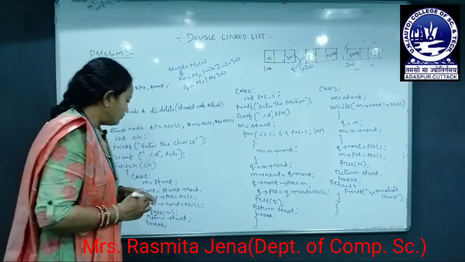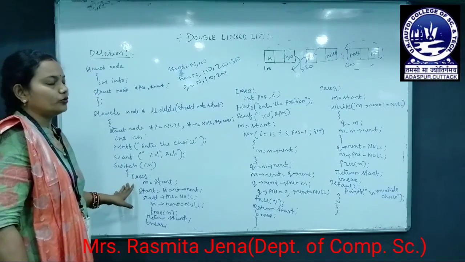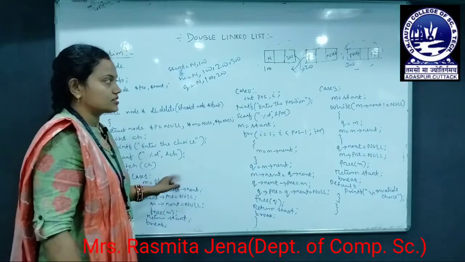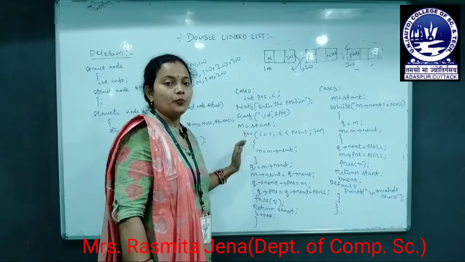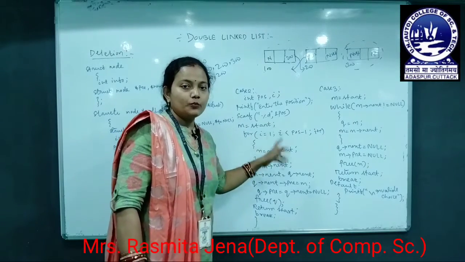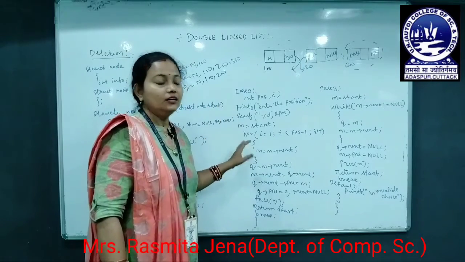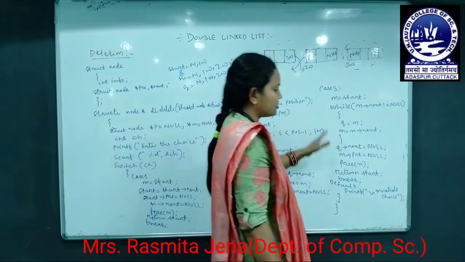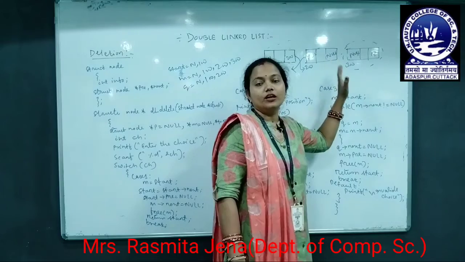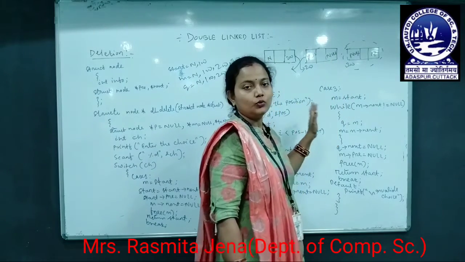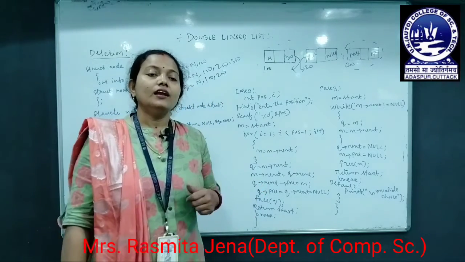We just discussed that in case 1, we have to delete the node placed at the first position, or the starting node, of the double linked list. Case 2 means we delete a node at any position, that means we must input the position from where we want to delete the node. And the last one is case 3, we delete the node located at the last node of the double linked list, that is case 1, 2, 3 respectively. So this is all about the deletion operation in a double linked list.